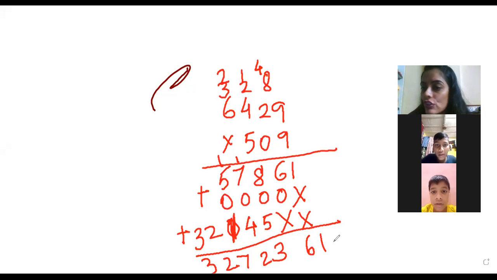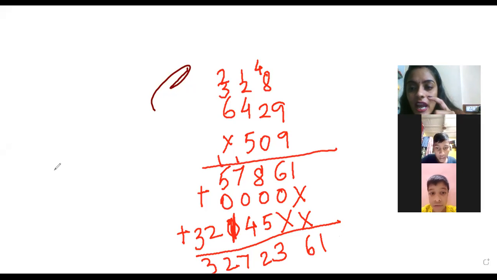Kedar, you have to solve the sum and you have to WhatsApp me your homework. Clear, both of you? What is homework? I told you, in the exercise there are 10 questions, right? And we have solved only one question related to the multiplication. So the other rest questions that you have, yes?